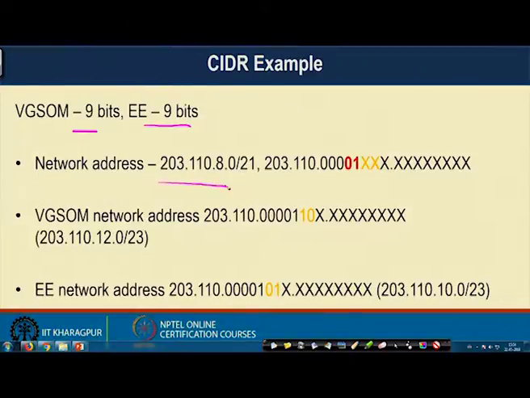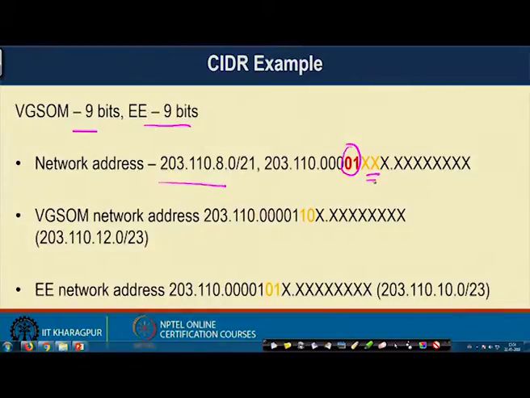This is my network address. These 2 bits I have already used in the previous step of subnetting to make a combination of VGSUM plus E network. Now, we use the next 2 bits. Using these next 2 bits I can differentiate between the VGSUM network and the E network. For the VGSUM network I am giving a network IP of 10 and to the EE network I am giving a network IP of 01, and accordingly I get the VGSUM network address as